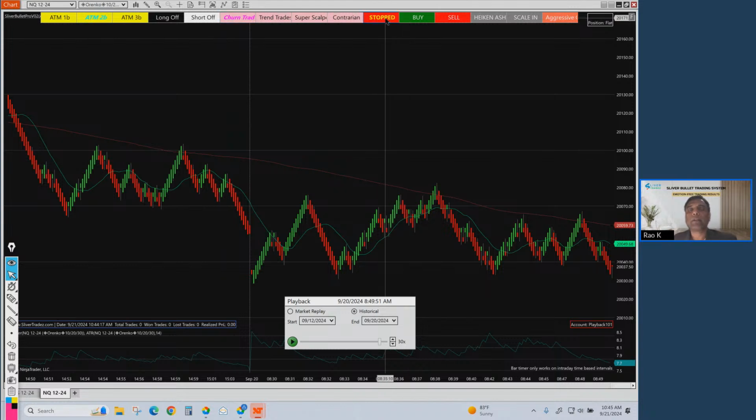The stop button, this is the most important button, because if for any reason you think that the software has taken a trade, but that's a wrong trade, press the stop button, close it. Whatever loss it is, just take it and move on. Emotion-free trading, take a stop loss and move away, even before the software hits the stop loss, because we play with a huge stop loss so that we can scale in and scale out. But if you think that's not the right trade, just hit the stop button.